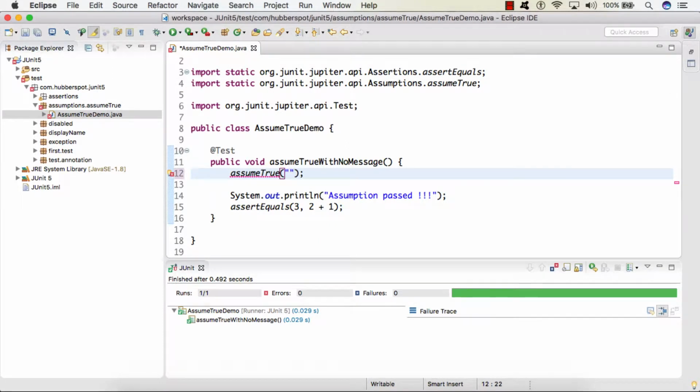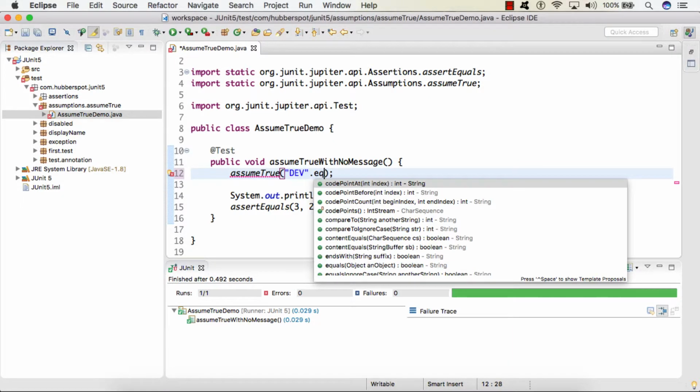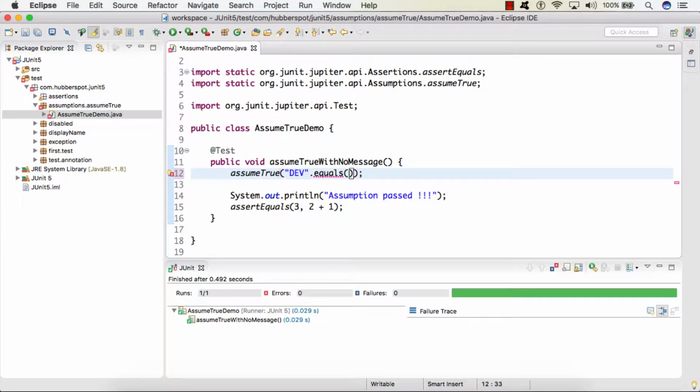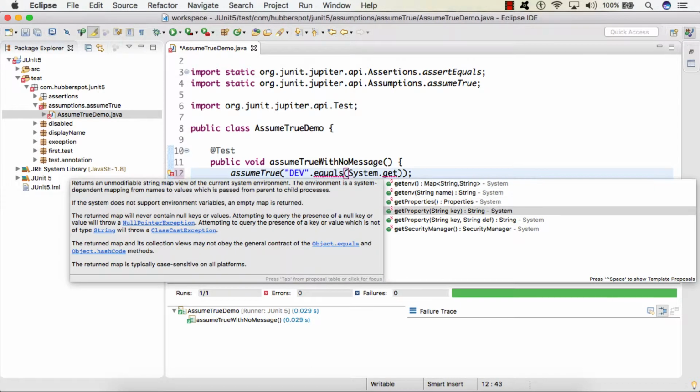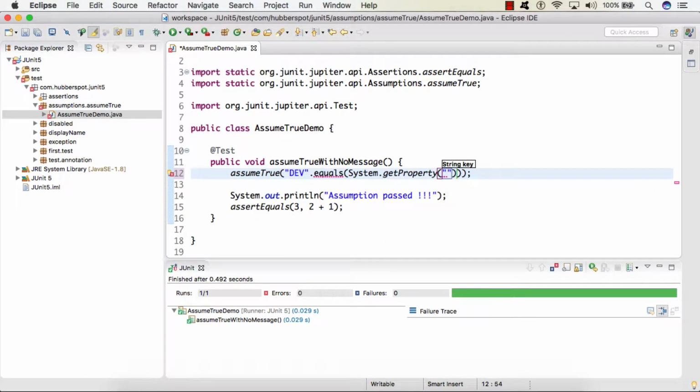So here first we will be providing a boolean condition. So let's say I give a boolean condition as the env system property equals dev. So friends, here I am simply providing an assumption that if our environment is dev, then only execute this test case. So currently we haven't set any system property as env.